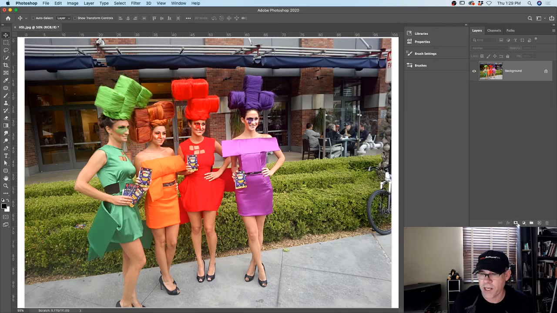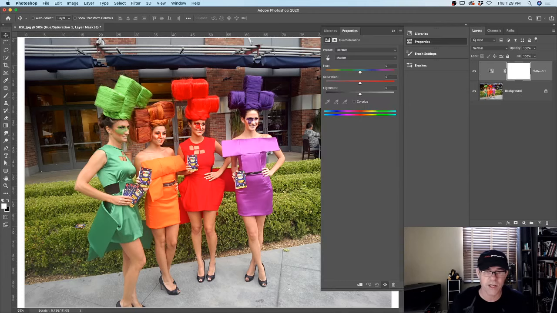If we wanted to change the color of something here instantly, why don't we choose our hue saturation? And so now we've got a hue saturation adjustment. Now there's a little indicator here because sometimes it's hard to tell: is this green? How much is in greens? How much is in yellows? So what we can do is use this little finger here, and we go down and we click on a color,